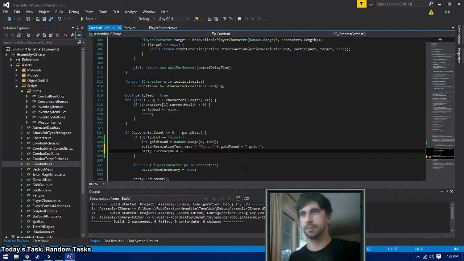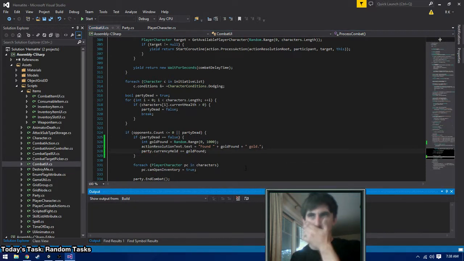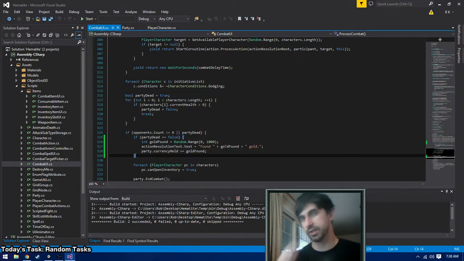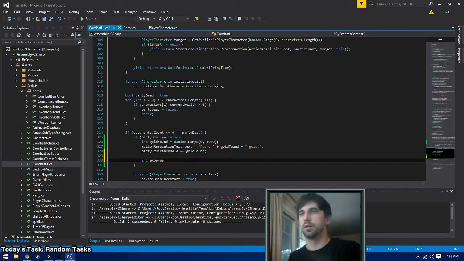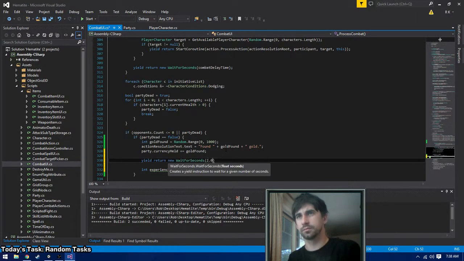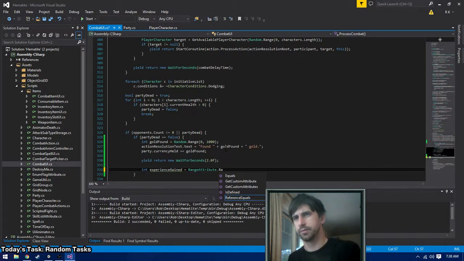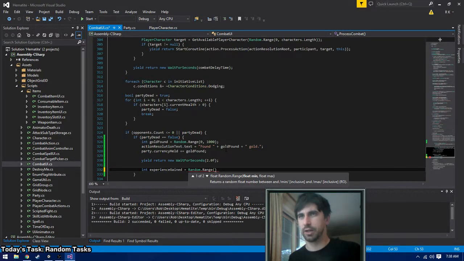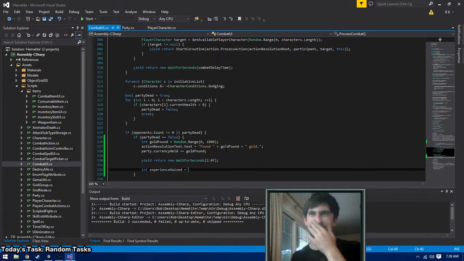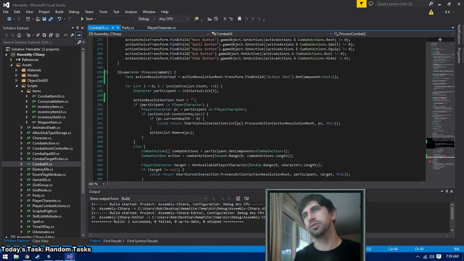Currency held. Okay, so there's some information. And so we're going to say, hey, look, we found this much gold. And we're going to wait a couple seconds. And then we're going to say, great, you've also gained this much experience. And this should actually not be, it shouldn't be